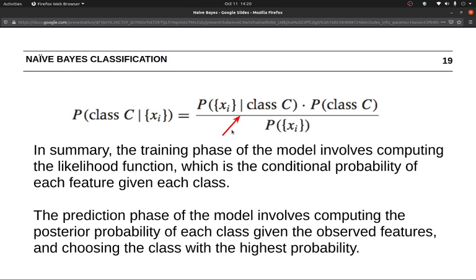It arrives at the parameters by calculating these, and the prediction phase of the model involves calculation of the posterior probability for each of the classes given a set of features, and then choosing the class with the highest probability. So it works fairly well with multi-class problems as well. If there were 5 classes to predict, it would arrive at the probability for each of those 5 classes using the same equation, and whichever probability is the highest, it would tag those features to that particular class. That is in essence the naive Bayes algorithm's internals.